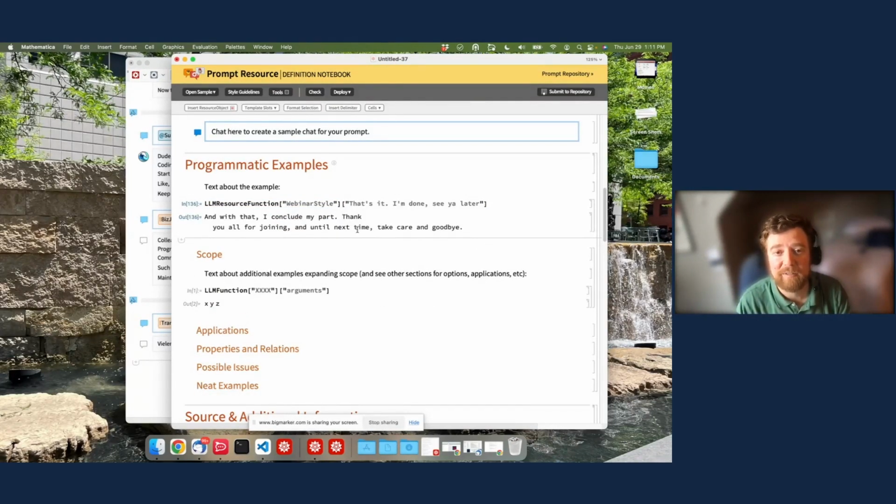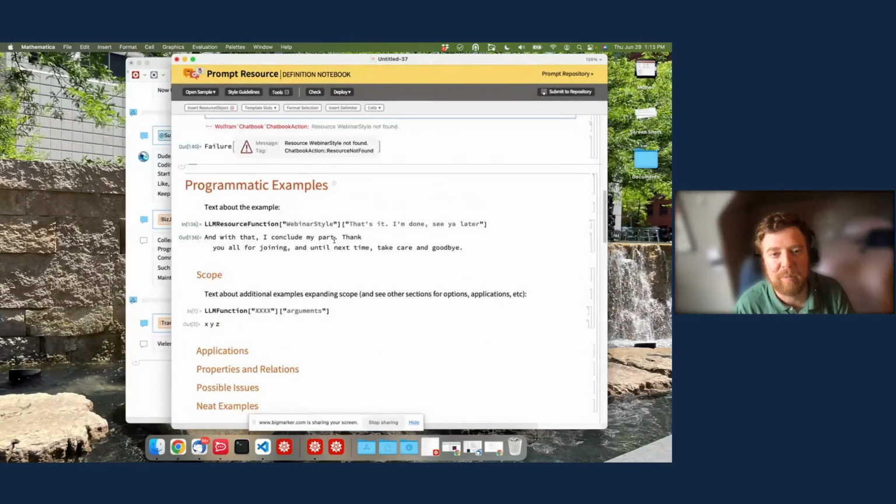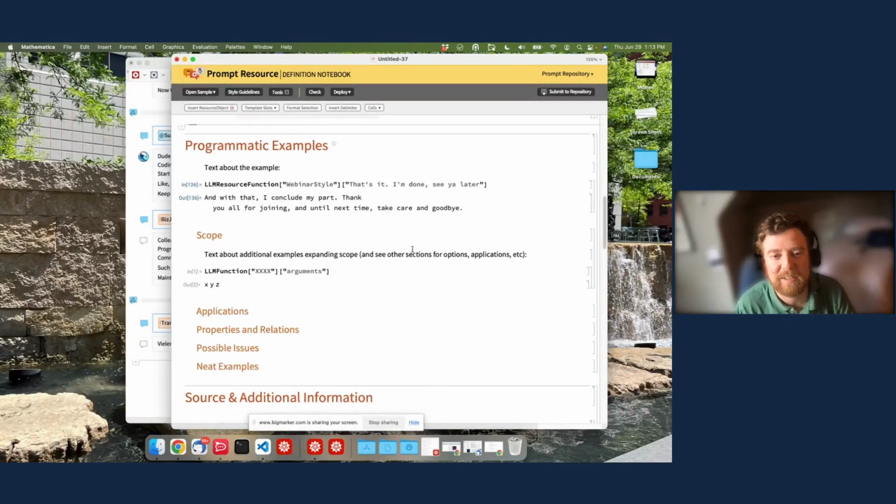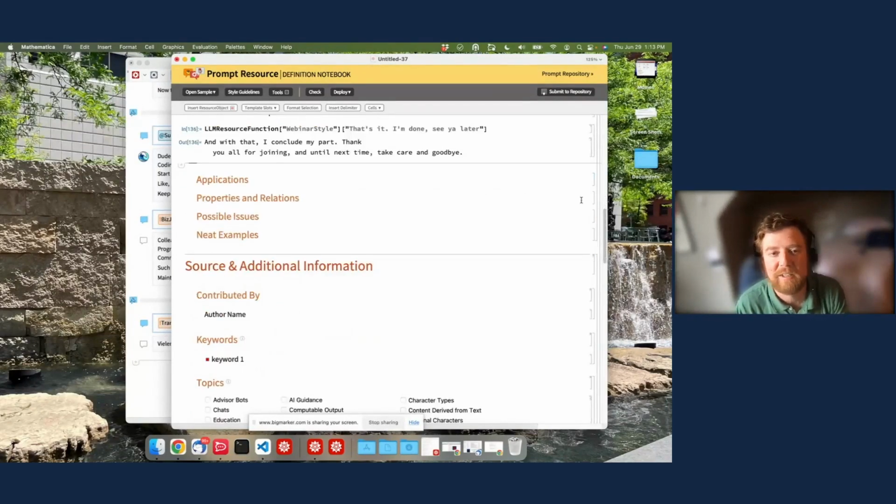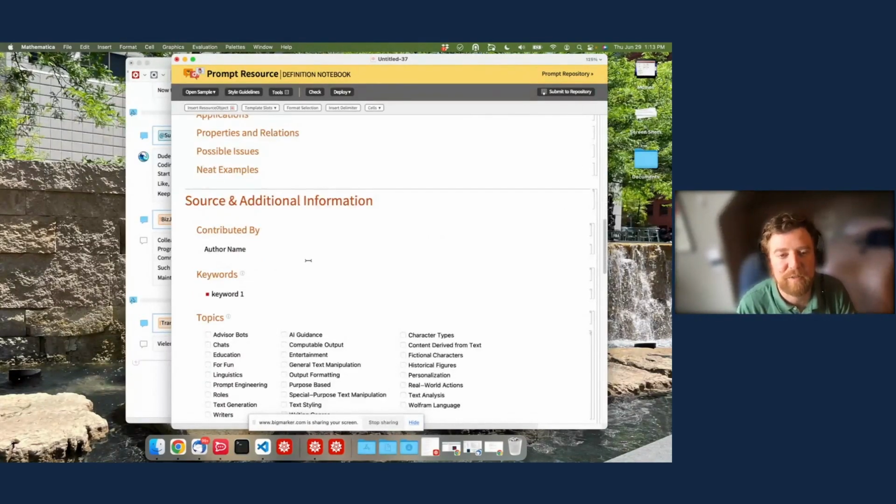Okay, let's see if I can remember this for later. But this should work just like in a chat notebook, right? This is the latest and greatest stuff. So sometimes you'll find bugs. If you find the bugs, report it. So then you come down here and fill out some